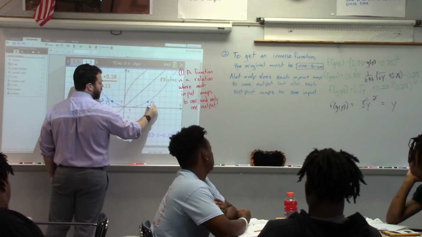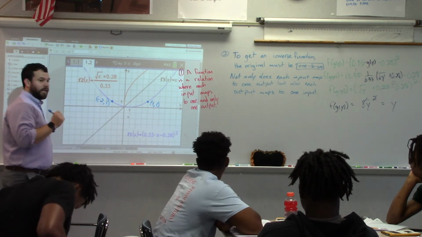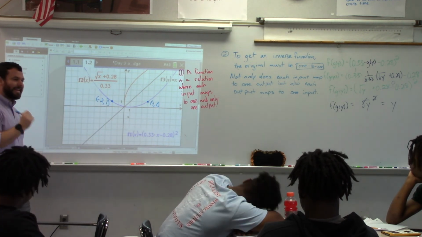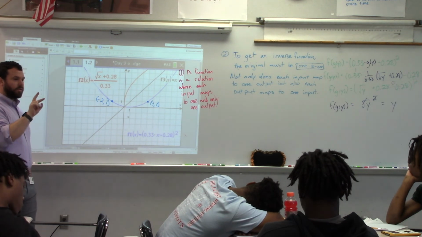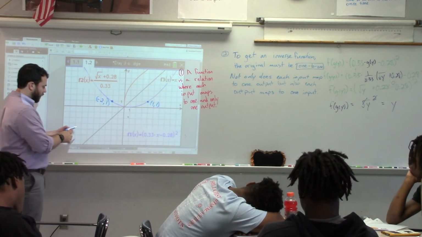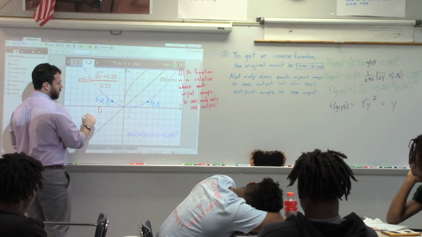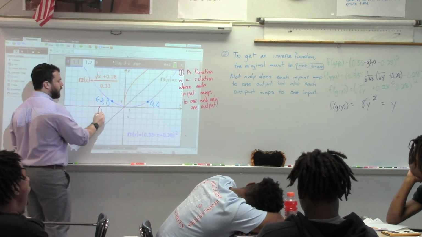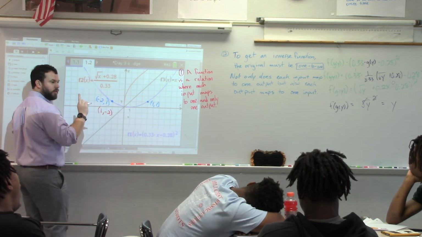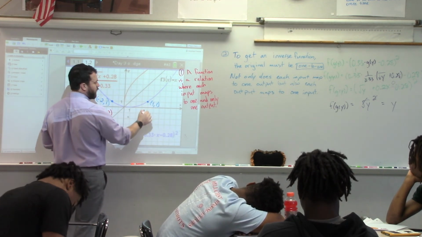4, comma 1. So remember, that's for the original function. When I look at the inverse function, those x and y values are going to switch. So for the inverse function, this point would be 1, negative 2. Remember, the x and the y just switch places. This one would have,